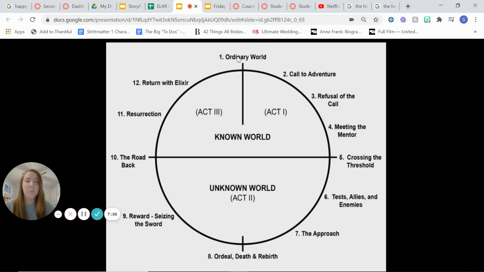Ordinary World. Okay, so the protagonist of Frozen, you figure out who the protagonist is based on who makes the sacrifice and who has the most change. So Elsa and Anna are really hard to pick between, but I would say we spend more time with Anna than we do with Elsa. So Anna's Ordinary World really starts once she is older. Her parents have already died, and